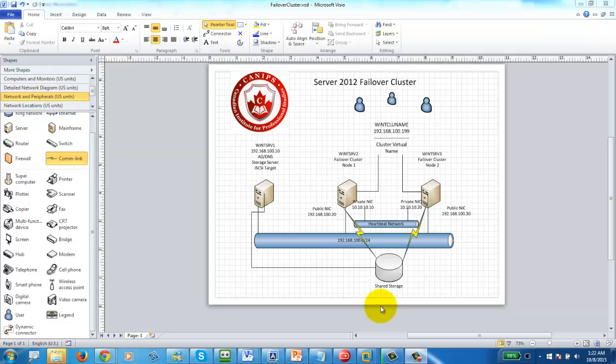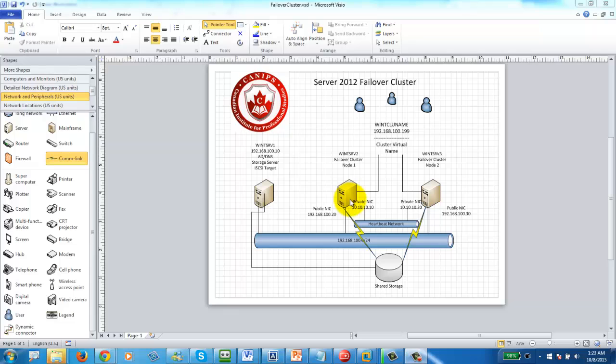Hello everyone, this is part 2 of Server 2012 Failover cluster. In part 1 we configured and implemented the iSCSI target, or the storage, and made it ready for the cluster. What we did, we added a second disk in this server. So this is the iSCSI target. And then we partitioned, actually we added it, and then we made it available for these other cluster nodes to use, and then we went into each node in iSCSI initiator and configured and verified that the storage is existing